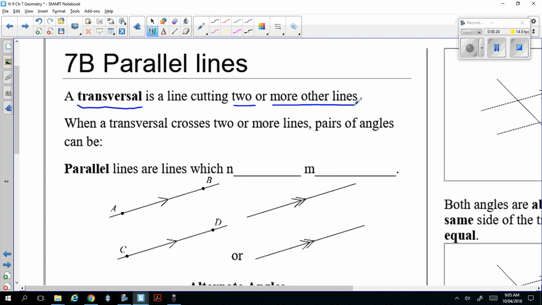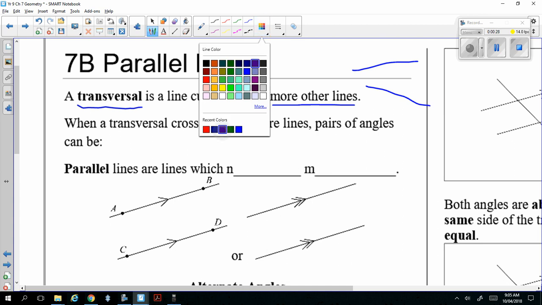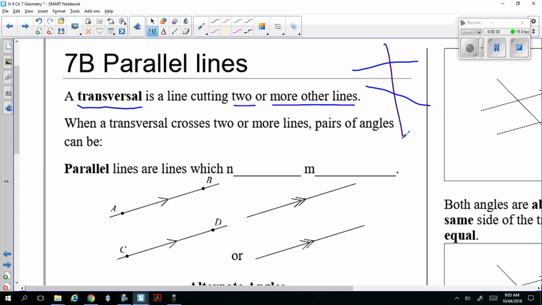So if I draw two lines, they don't have to be parallel. The line that cuts more than one line is called a transversal. Okay, that's what that means. Cutting two or more other lines. So where a transversal crosses two or more lines, pairs of angles can be,